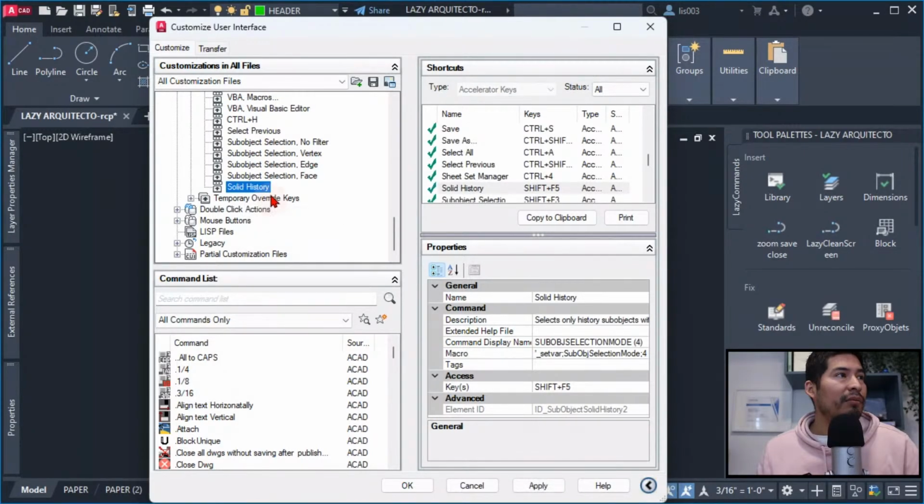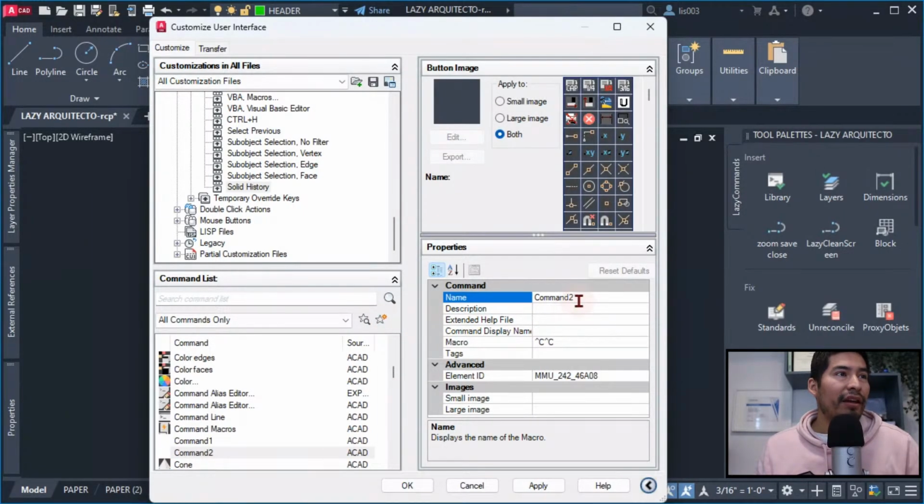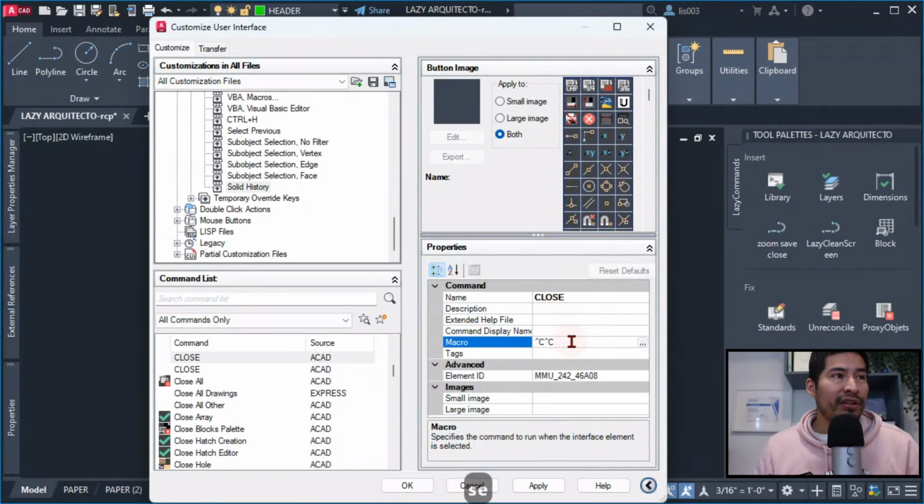Over here, what I did was create a new command by clicking the star icon, and of course rename my command to close. Then I proceeded to change the macro string to